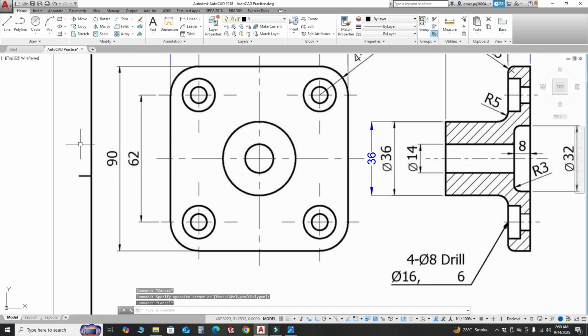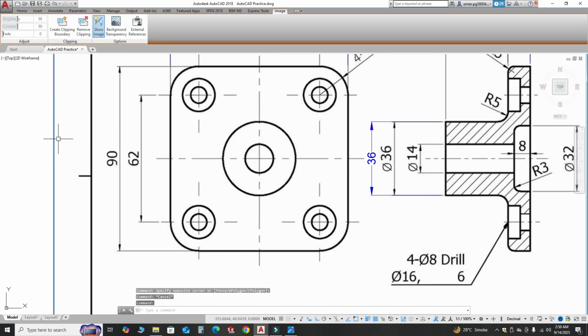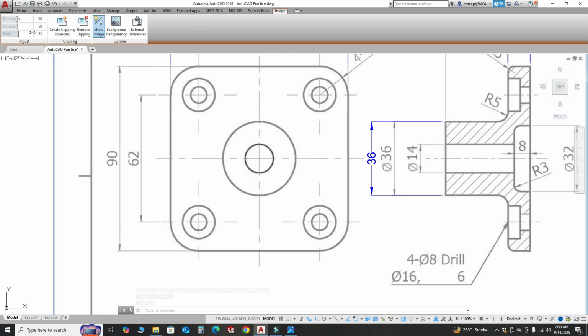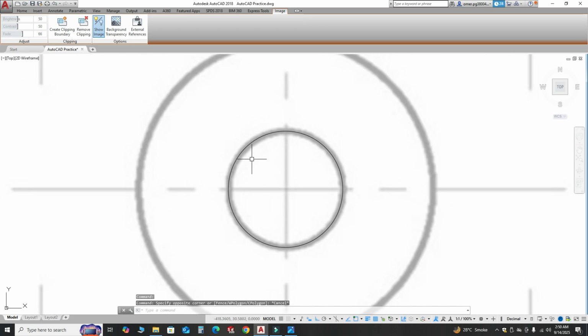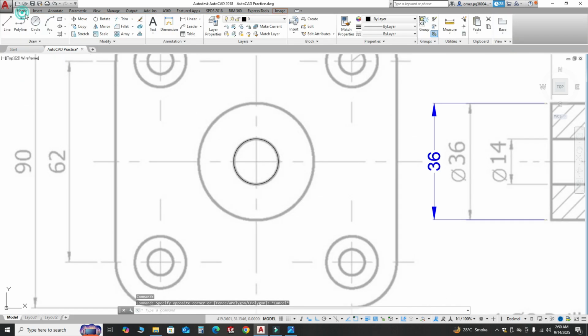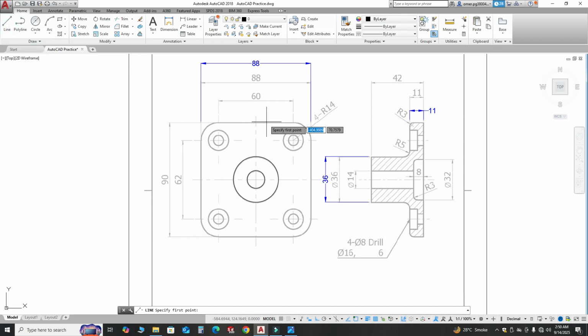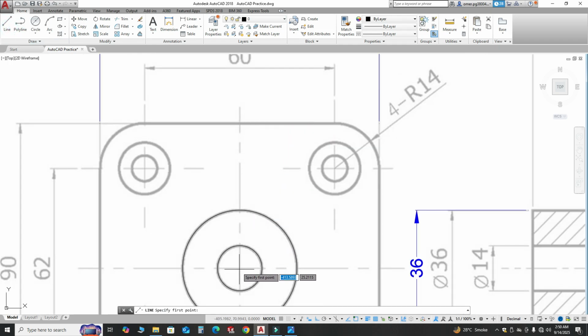So click this drawing, and here I will drag this to, let's say 66, and now you can see this circle. You can create another circle like this, and maybe you can create some center lines.